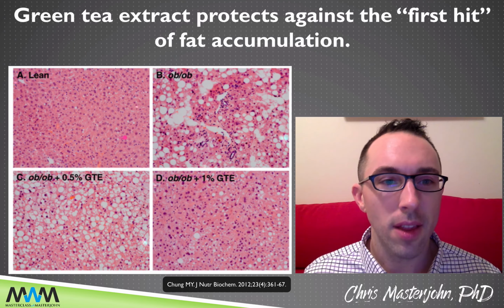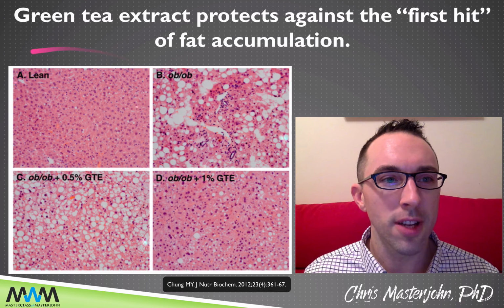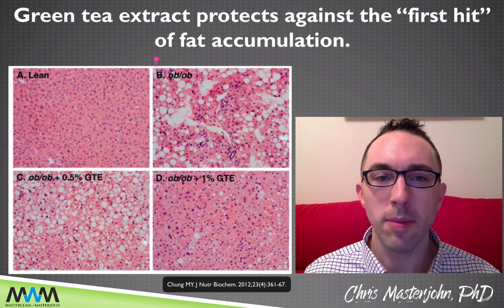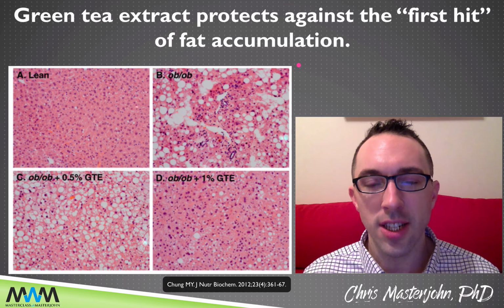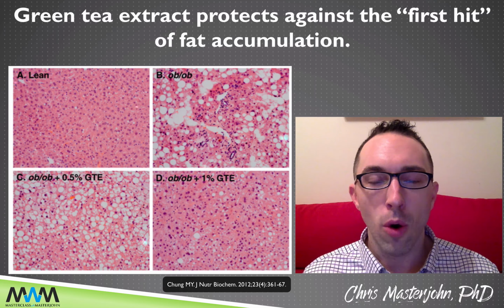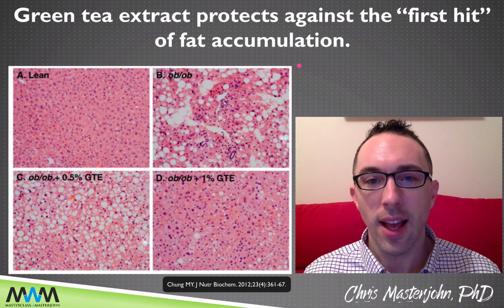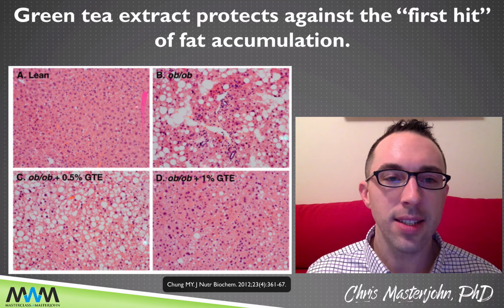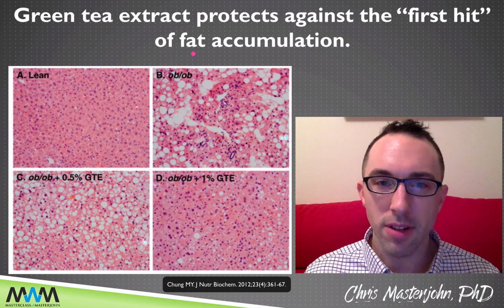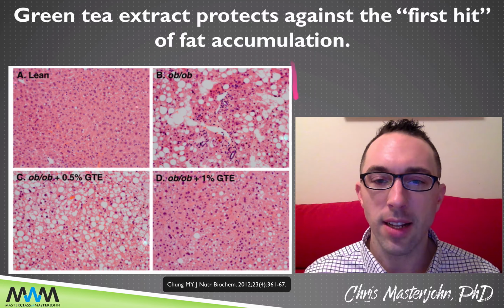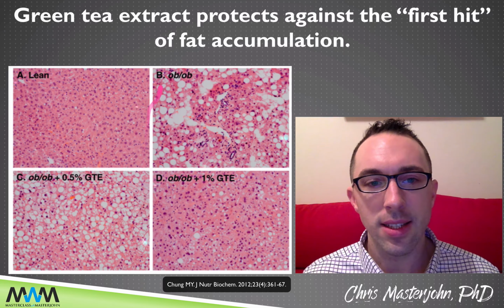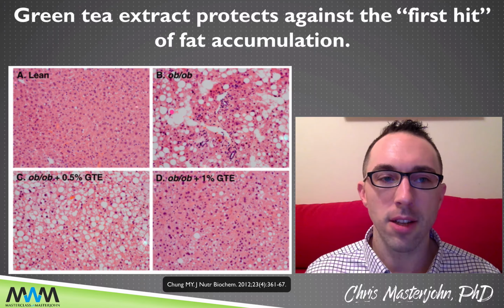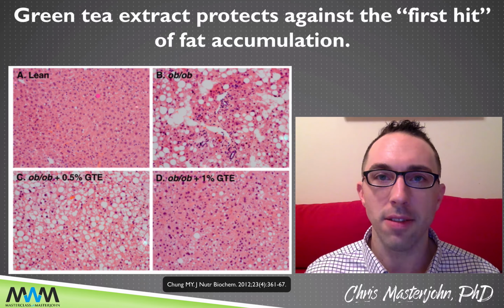And you can see histology slides of the livers of lean mice in the upper left compared to ApoB mice, which are mice that genetically lack leptin, a hormone that's important to regulating appetite and energy expenditure. The ApoB mice become spontaneously fat regardless of their diets and develop fatty liver disease. And you can see that in this slide by looking at these very large white blotches, which are lipid droplets in the livers that are largely absent in the left.